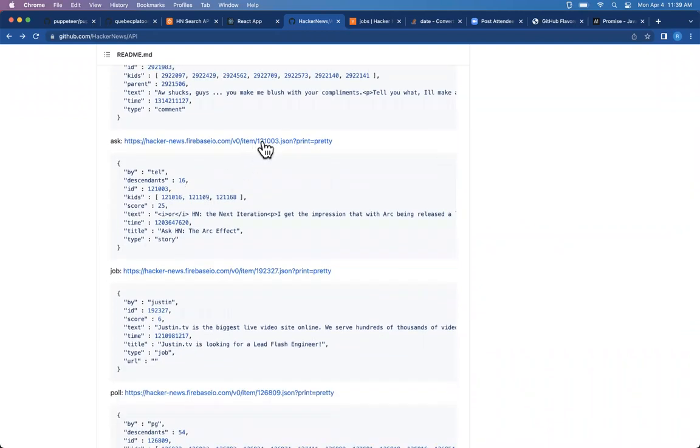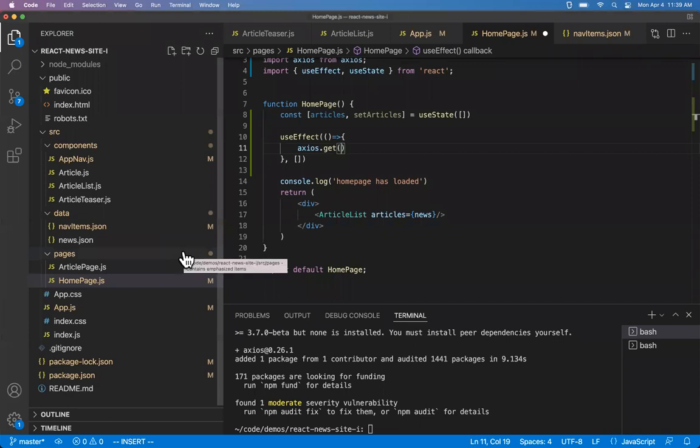But generally, every item has an ID number, for example 121003. So you send a request to the base URL /v0/item, and then which item do you want? Format is going to be JSON. And for these examples, they're getting the pretty format, just so it's indented nicely. So we're going to send a GET request to